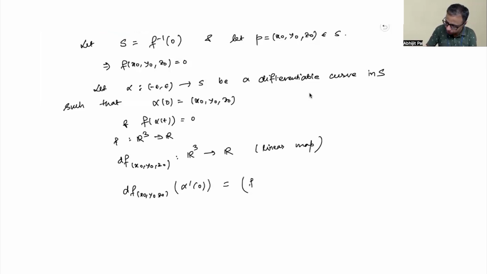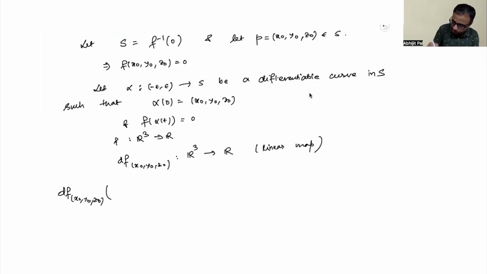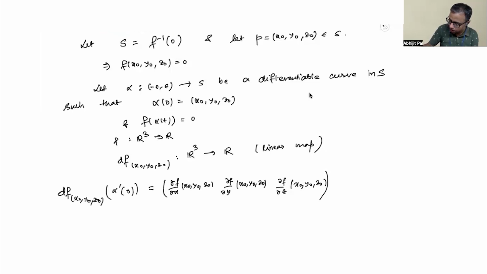So it will be the partial derivatives of f. Del f del x at the point x naught, y naught, z naught; del f del y at the point x naught, y naught, z naught. Maybe I'll write it here. So the differential of this map evaluated at the point alpha prime 0 is del f del x, del f del y, del f del z, each at the point x naught, y naught, z naught, multiplied